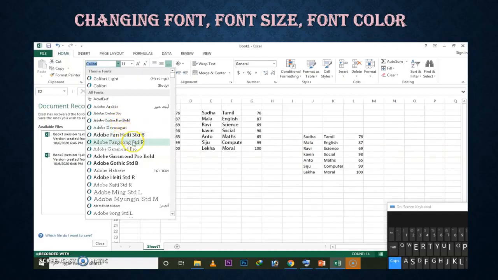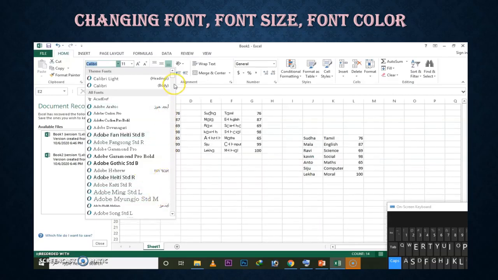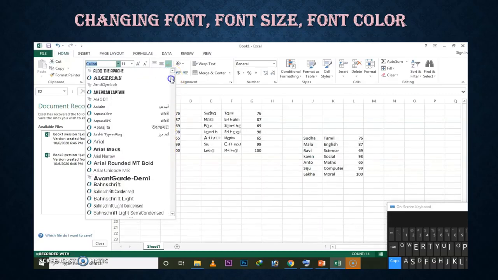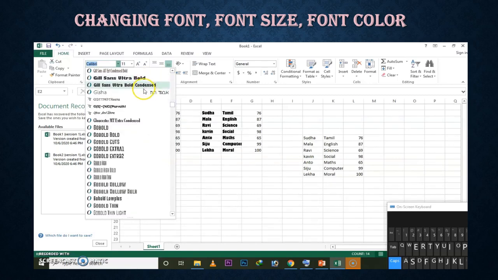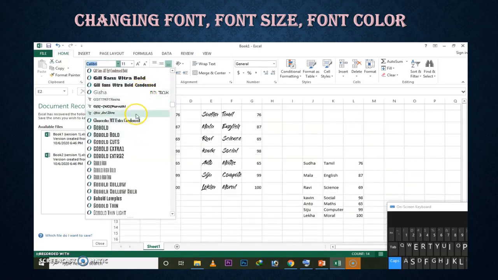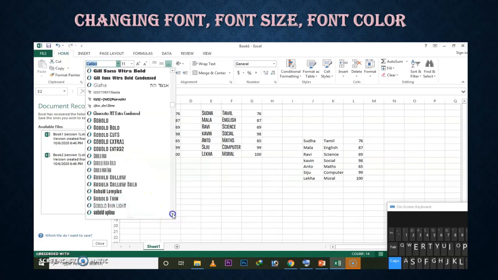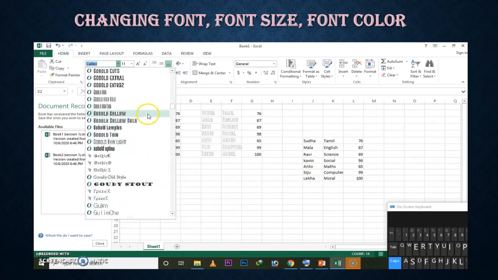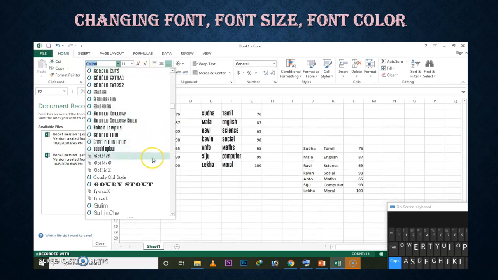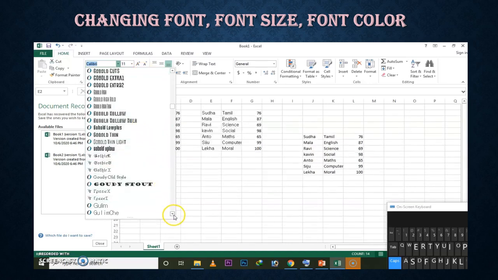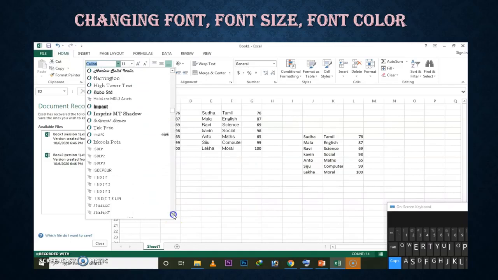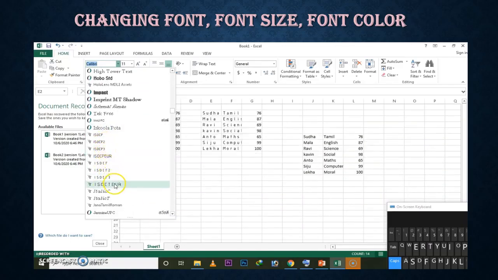While I am clicking these things, we can see the difference in this data. You can see the selected data and the unselected data. Can you see the difference? If you select, only then can we change it. Without selecting we can't do any changes. Mostly for data we use Times New Roman, only that option. Let's see some different font style options in this MS Excel sheet.